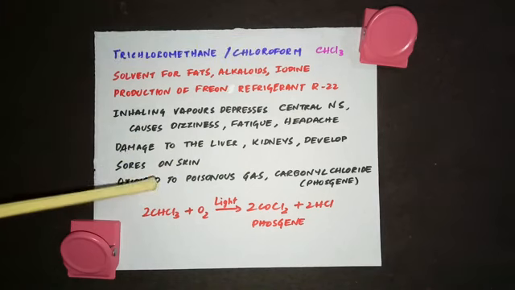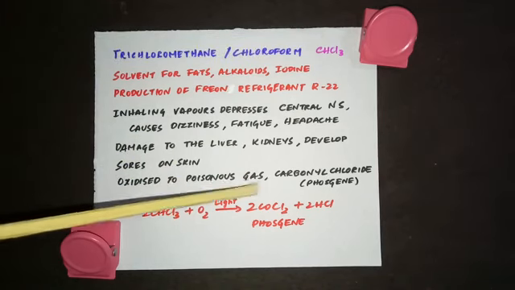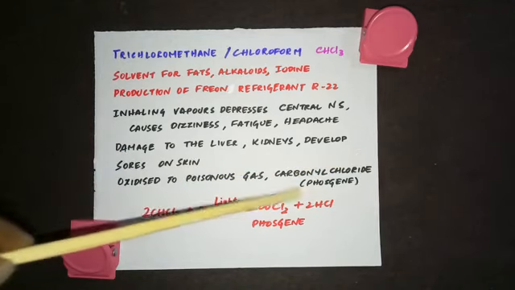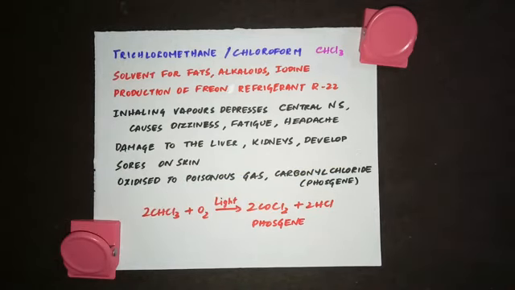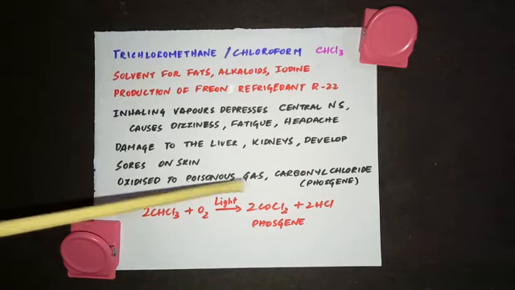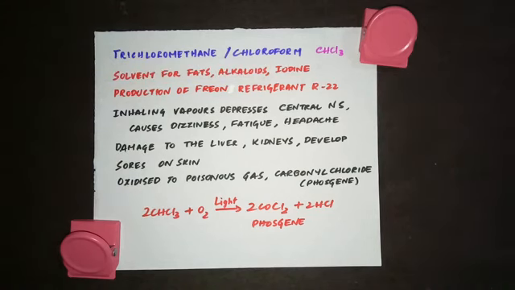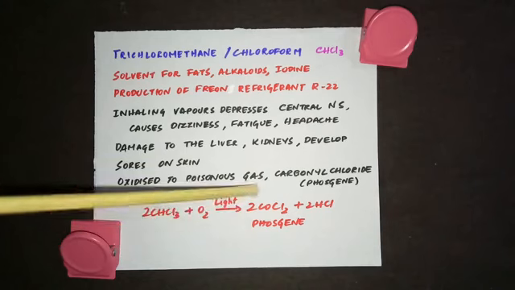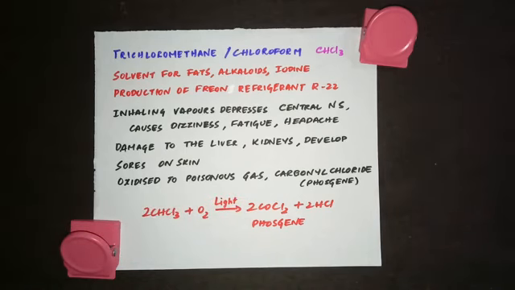When this chloroform is oxidized, it forms a poisonous gas called carbonyl chloride or phosgene. Previously it was used as anesthesia, but after finding out that when this chloroform is oxidized, it forms a poisonous gas in the body, nowadays it is avoided. It is not used anymore. So it reacts with oxygen to give phosgene. Phosgene, the formula is COCl2. But without knowing that chloroform is highly toxic in nature, it was used as a general anesthetic in surgery for a very long time. But now it has been stopped.